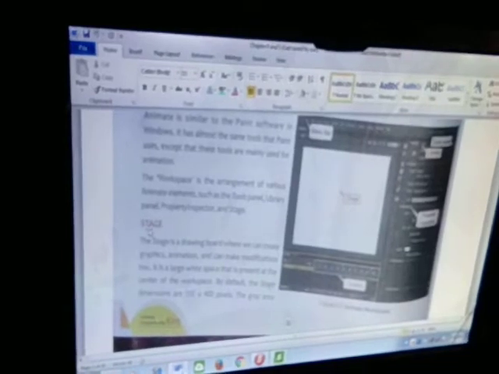So you can see the stage. If we are talking about the stage, this one is known as the stage. I have created a simple frame, F5, F6. You can see that this is known as the stage.